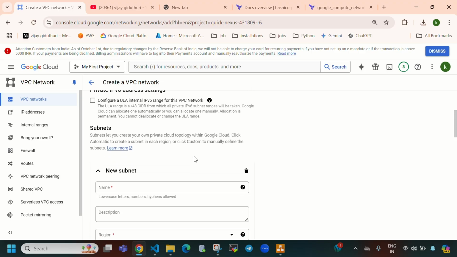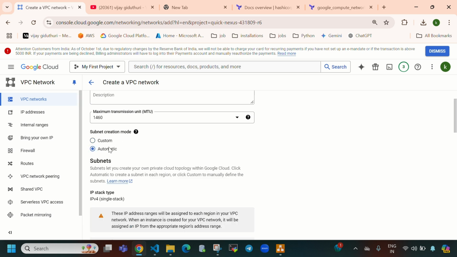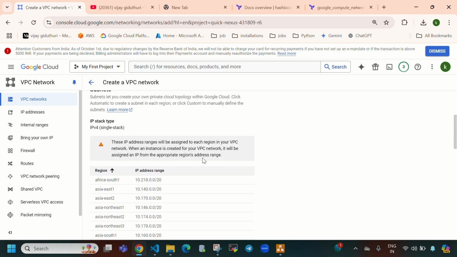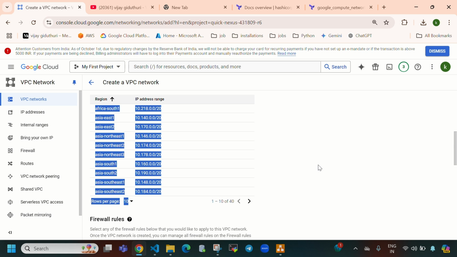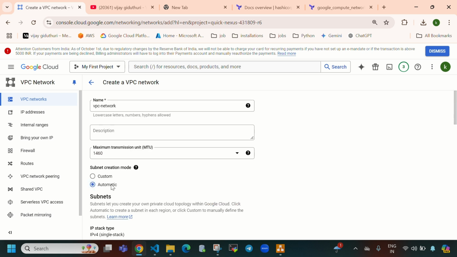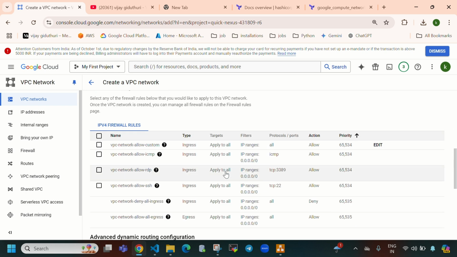When you are going to create a VPC in Google Cloud, there are two different options, guys. Here you can see subnet creation mode: we have custom and we have automatic. When you select automatic, by default Google Cloud will create 35 to 40 subnets in your VPC. You need not create all these subnets. If you select custom, you need to create your own subnets under